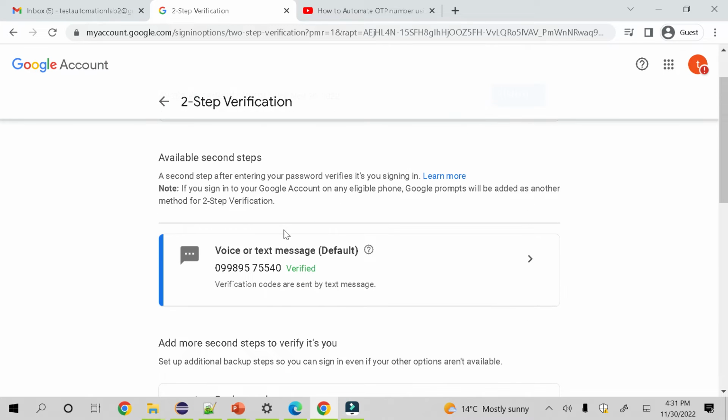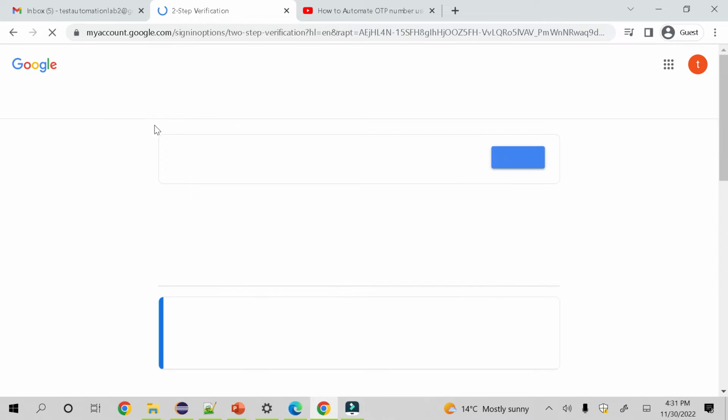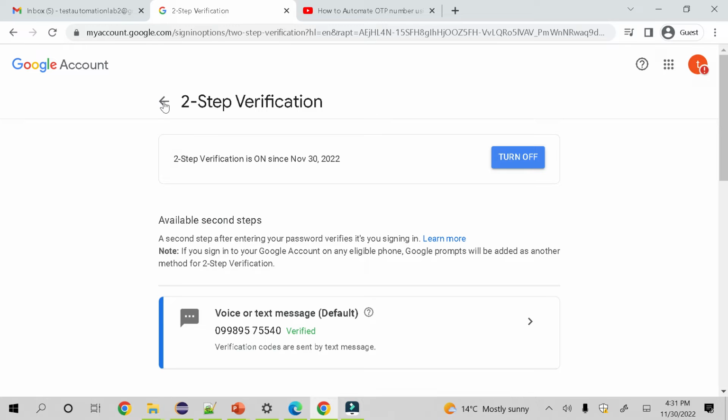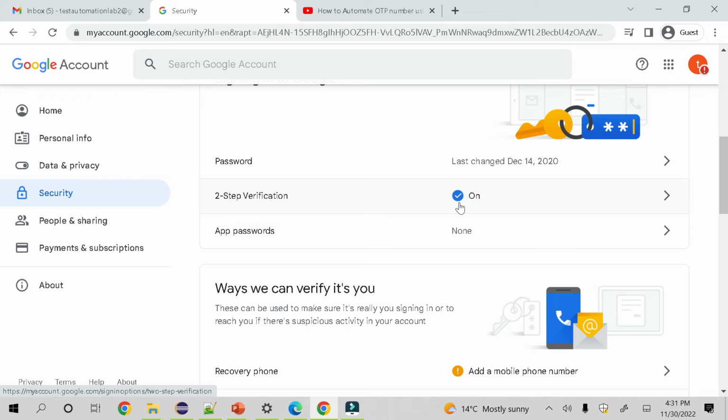Once you complete this, click on this link. You see, this is verified and two-step verification is enabled for this account. Come back to it. As soon as you enable two-step verification, you will see this app password option. Before enabling two-step verification, this is not visible. So to view this option, first you need to enable two-step verification. Then only you can see this app password. Please note this. Then click on this,